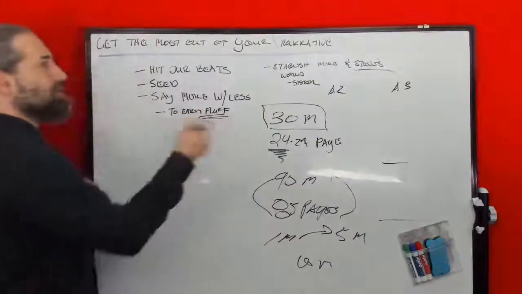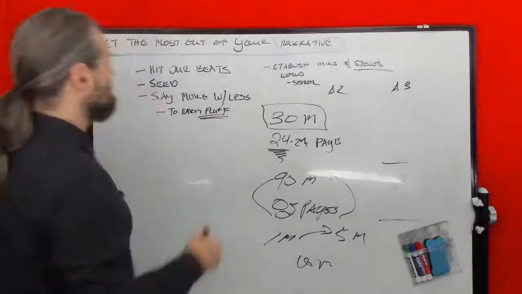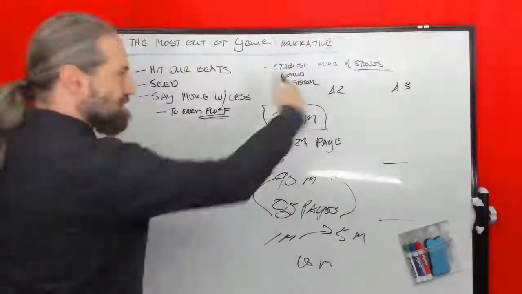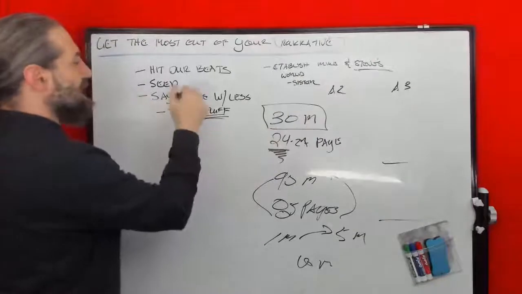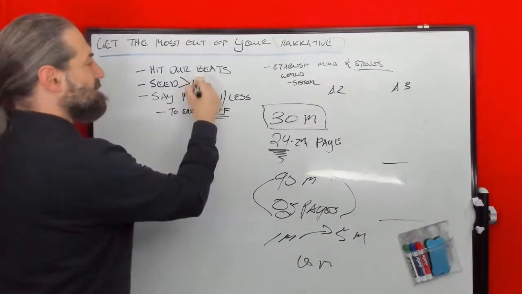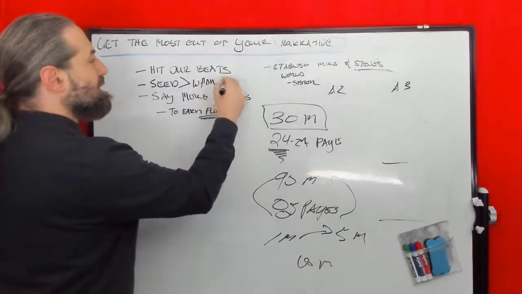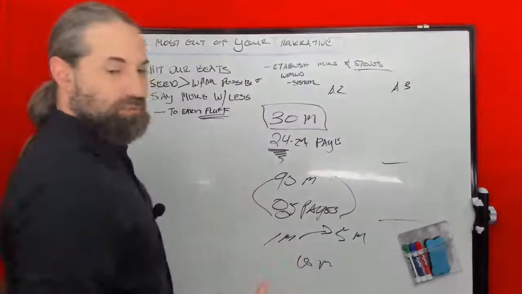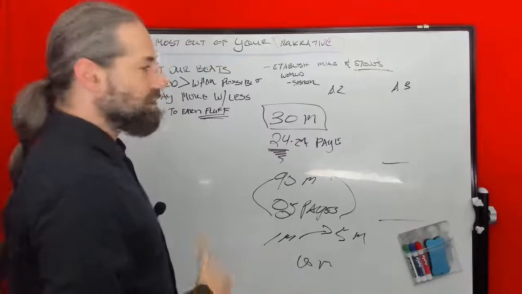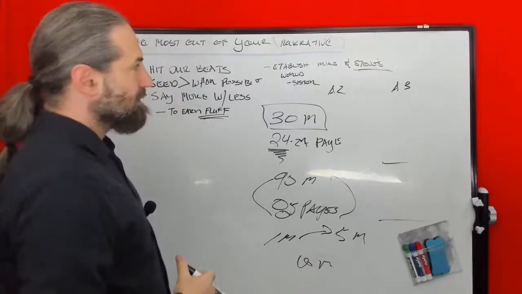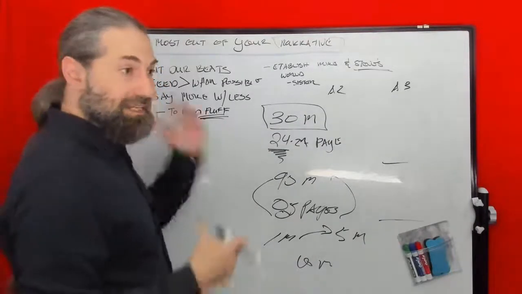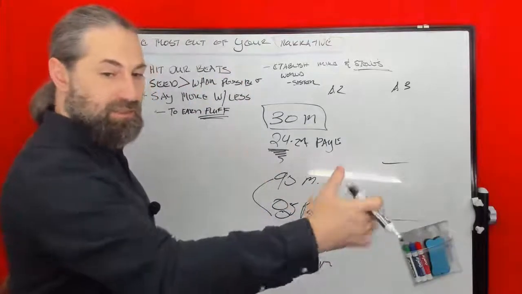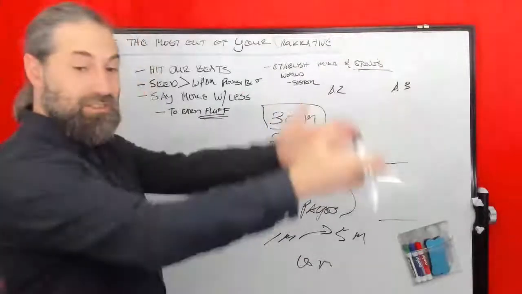So real quick, to get the most out of your narrative, hit your beats, which are out of your acts. You want to seed as much as possible. And seeding is for everything. Seeding relationships falling apart, seeding relationships coming together, seeding a job opportunity. You might even want to seed in Act 1 the whole of Act 1. You want to seed Act 2. And in Act 2, you want to seed Act 3. In Act 1, you might even want to seed Act 3.